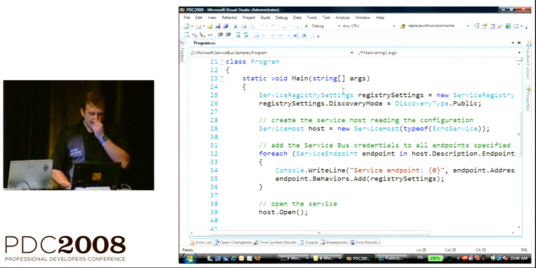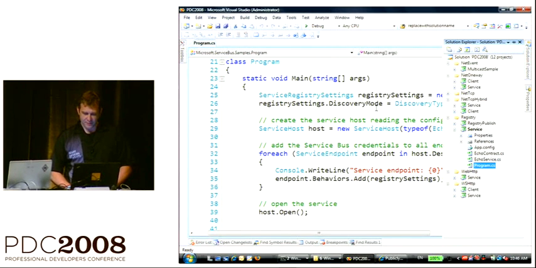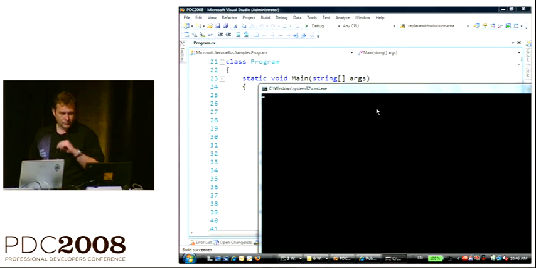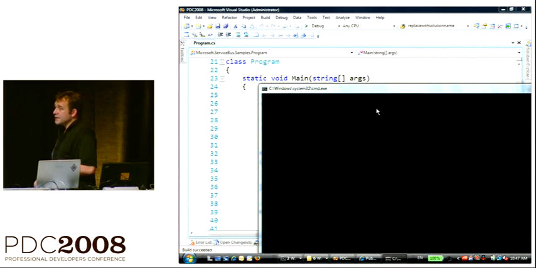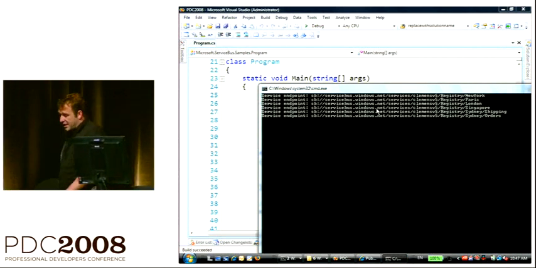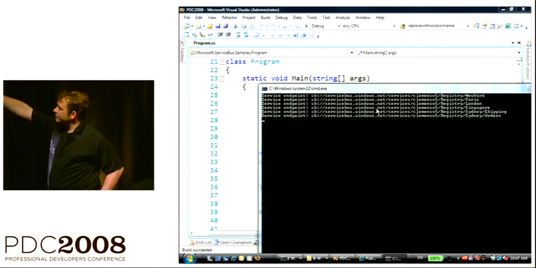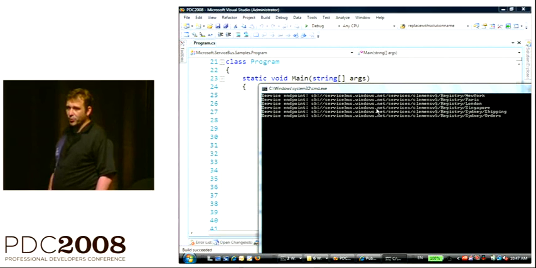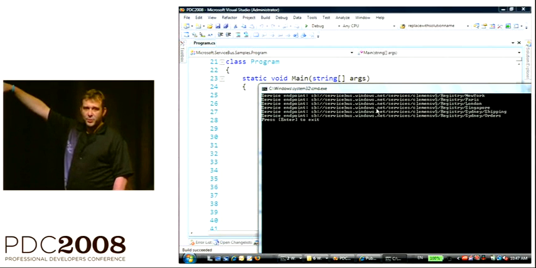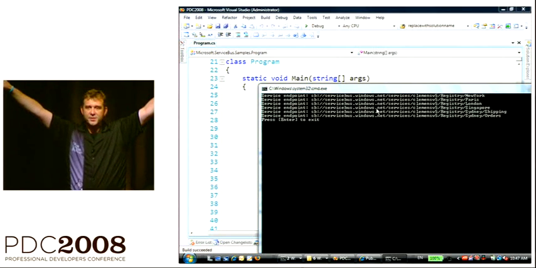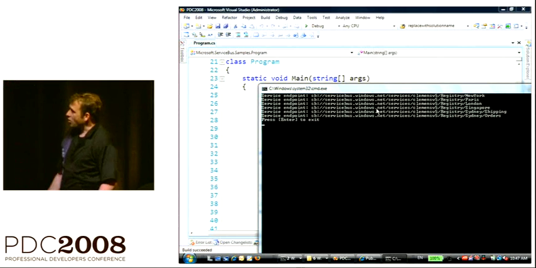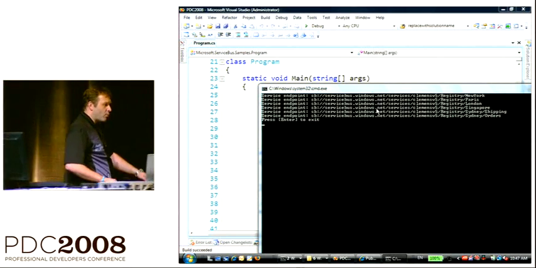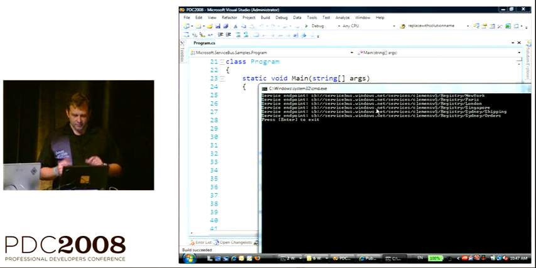So what I'm doing now is I'm actually taking this app. Let me just verify that I have the right one, and I'm going to start a set of services that are listening and publishing themselves into the registry. The subtree is called Registry: New York, Paris, London, Singapore, and then in Sydney I actually have two endpoints. And I'm starting them from one single application. In reality, I could be starting all of those from separate machines that live in completely different places, for instance in New York or Paris or London. That's sort of why I named them that way. So those services are now listening.